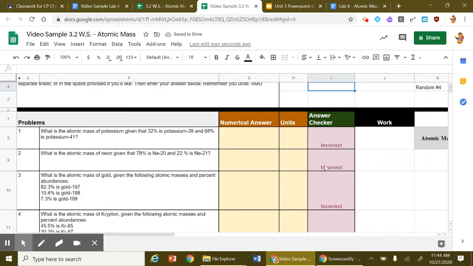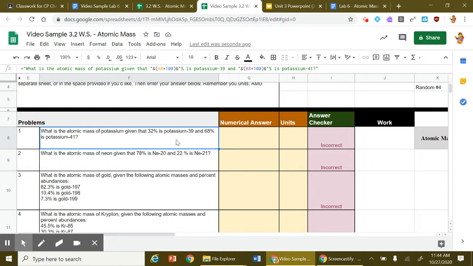So all of these are atomic mass problems, which are pretty straightforward. Remember, the atomic mass is the weighted average mass, all right? The weighted average of all the different isotopes. So for example, let's take a look at number 1 here. What is the atomic mass or weighted average mass of potassium atoms, given that 32% have a mass of 39,